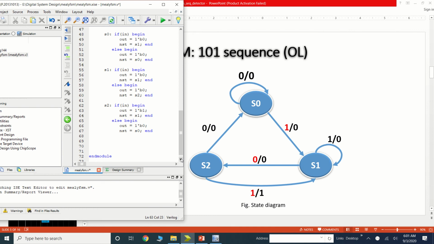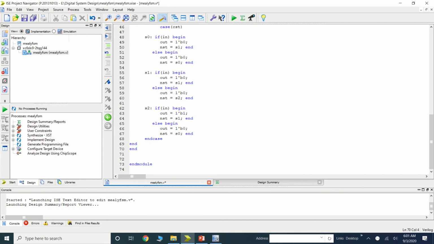So this is how you can define each state, current and next, and the output in Verilog. Now let's end my case, and here we are ending our begin. Okay, we are done with this code.